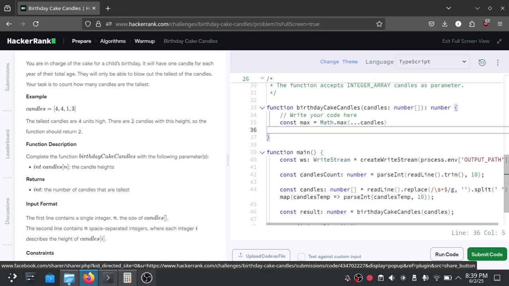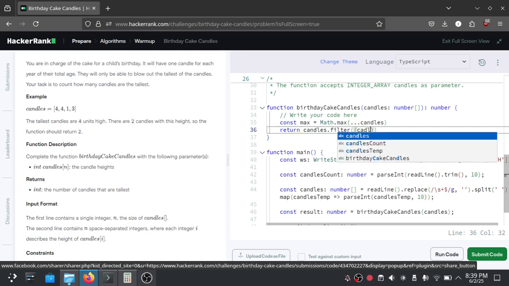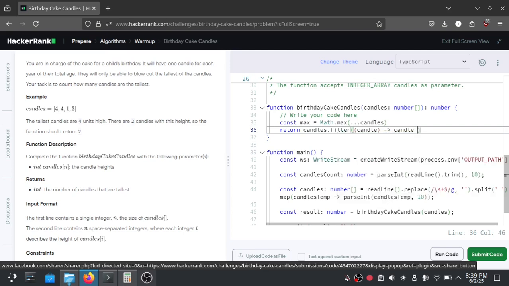And for the return value, we can just return the candles using filter, with the current candle as the iteration, and then we can use the implicit return, which is comparing the candle with the max.